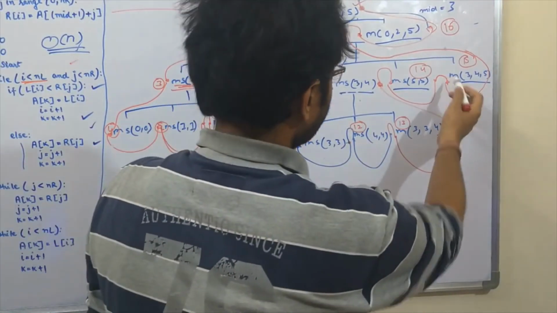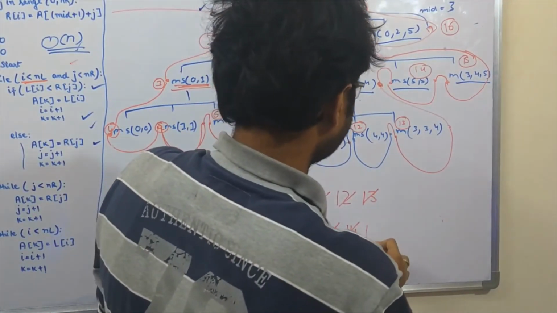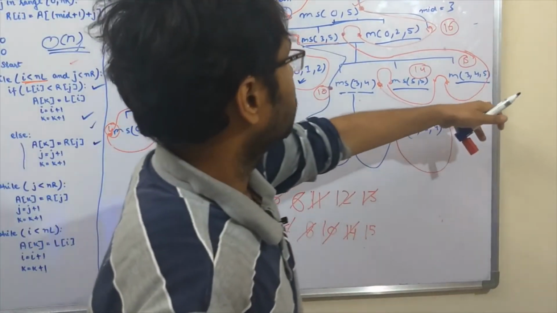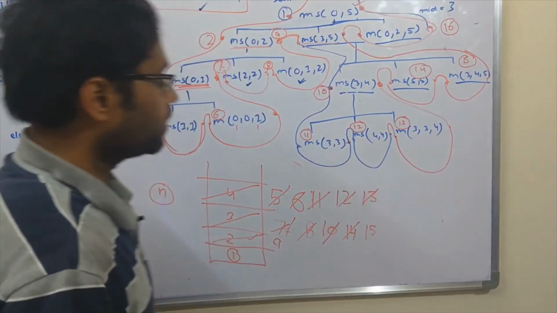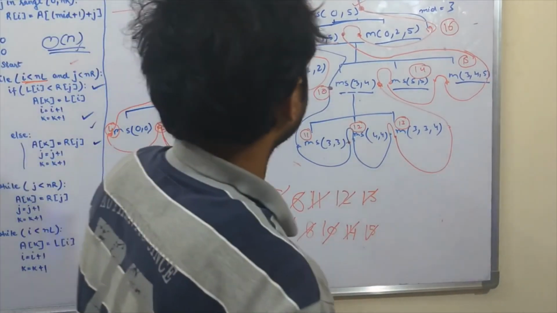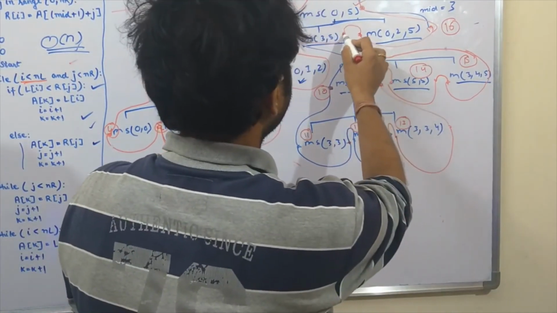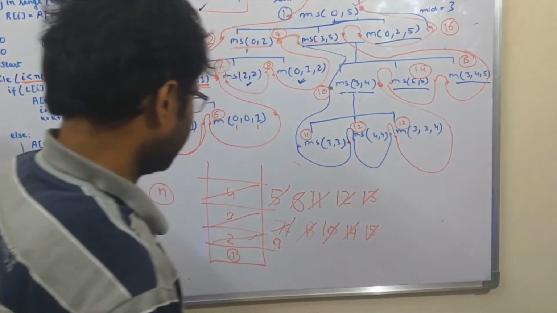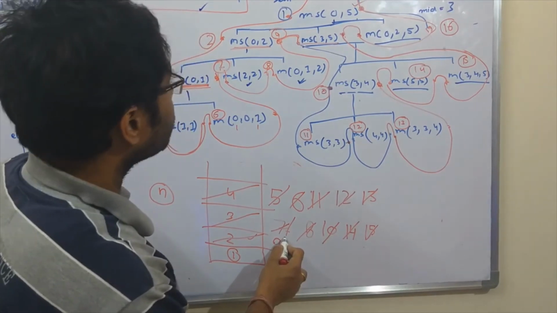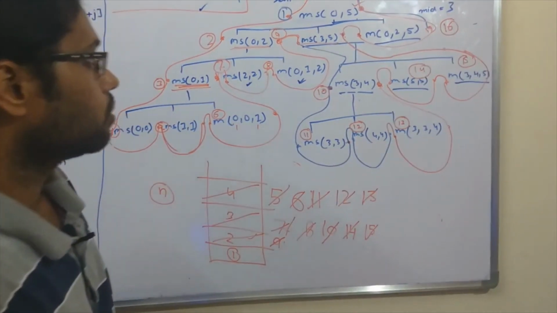Now what is happening? Now the 15th is called. So what we will do, we will put 15th here only and wait for it to complete, and it is also completed, and we will just pop out this element. Now what is next? Now 3 comma 5 is also completed. So what we will do, we will just pop the 9th function call also.